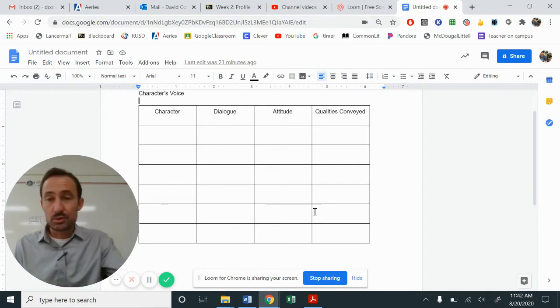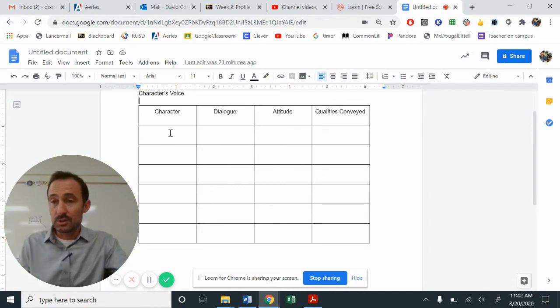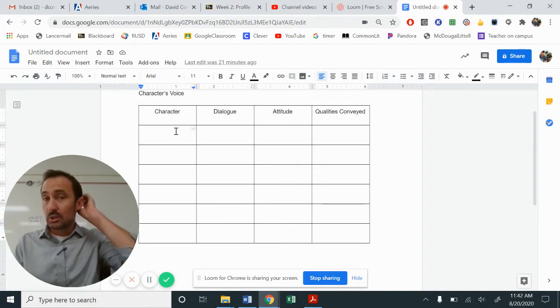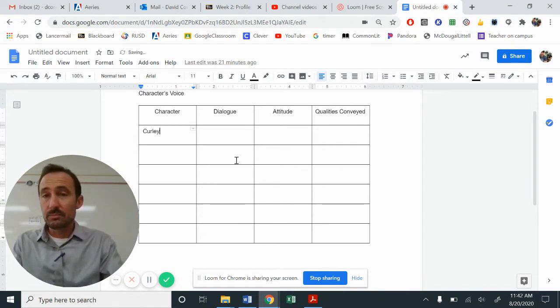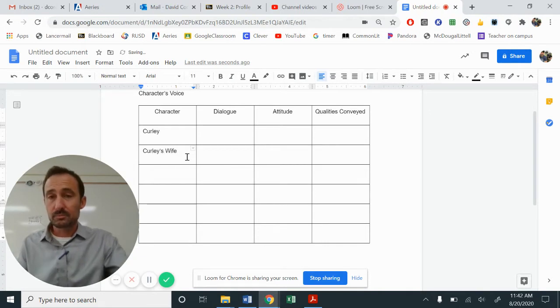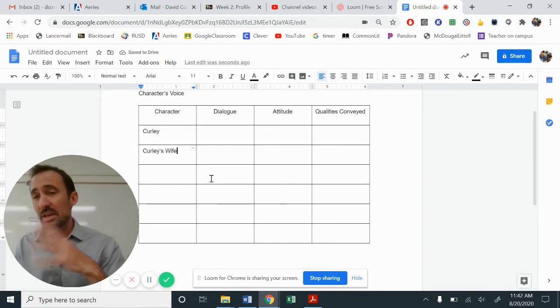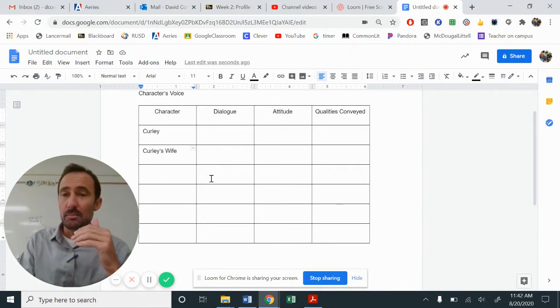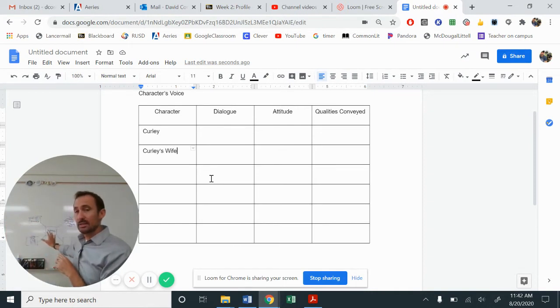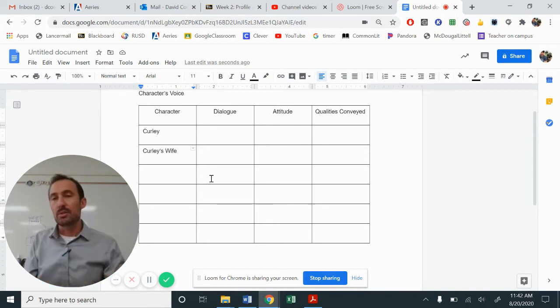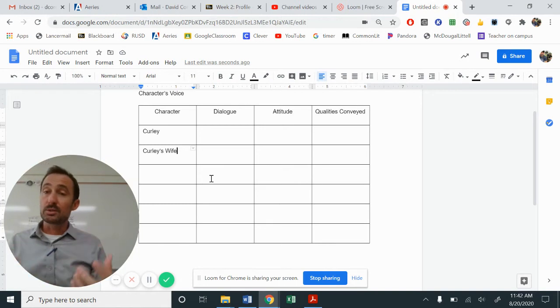So we're introduced to a lot of characters in chapter 2. Today, you have this chart in front of you. Today, I want to look at Curly, and then I want to look at Curly's wife. Both play significant roles in chapter 2. However, they're going to be significant throughout our story. We've looked at George and Lenny from chapter 1. We've pulled them apart. We've analyzed what their characters are. So I want to go into some other characters so that we understand them as well.